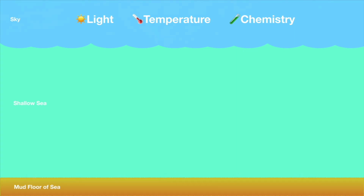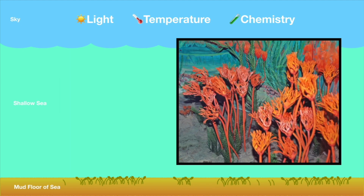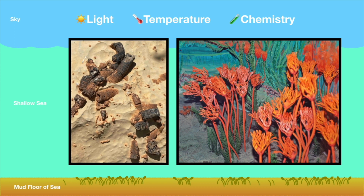But our story starts at a certain time with a certain layer where the light, the temperature, and the chemistry favored the growth of a bed of crinoids. Now, crinoids are stalked-based animals that look somewhat more like plants. But similar to corals, they actually have living animals building and inhabiting these stalks. This is what crinoids look like in our limestone bed. The crinoid layers, interestingly, are more yellow or tan limestone, and their preserved specimens, unlike the Rugose corals, are mostly